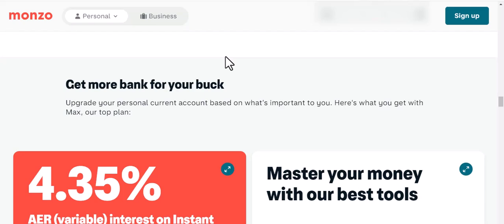Step 1. Identify the correct email address. This is the most important first step. Sending your email to the wrong address will only delay the process. While Monzo doesn't have a single, publicly advertised email address specifically for disputes, there are a few avenues you can explore. Check the Monzo help pages.